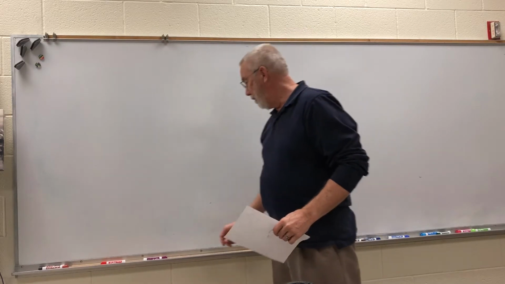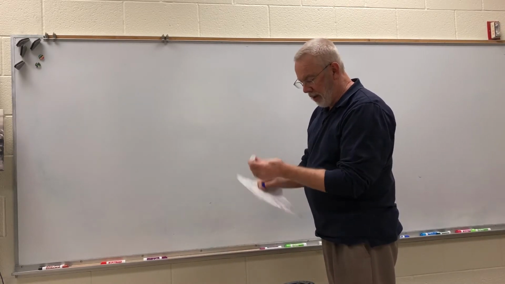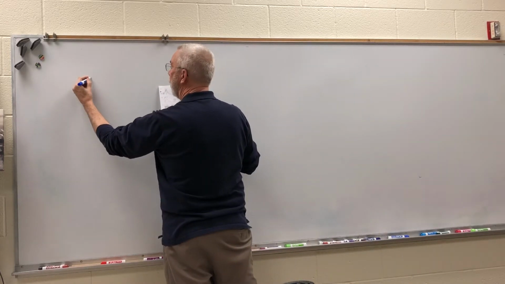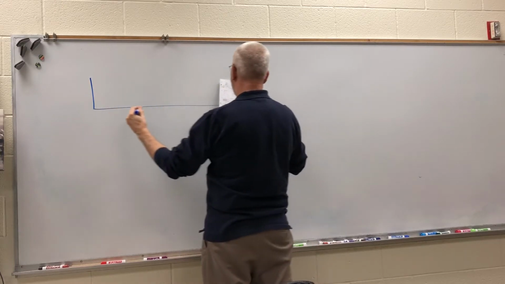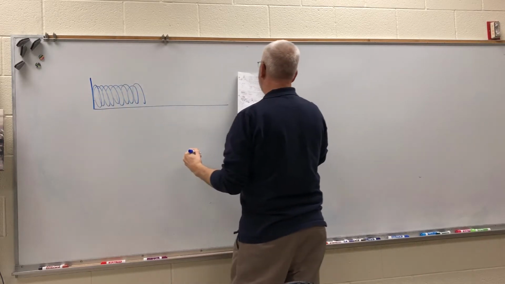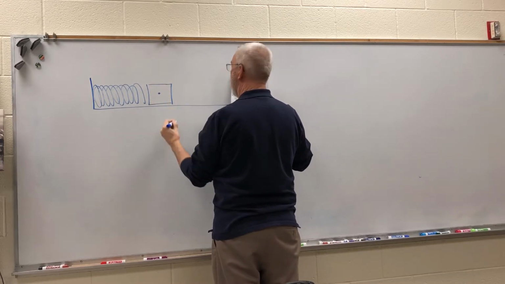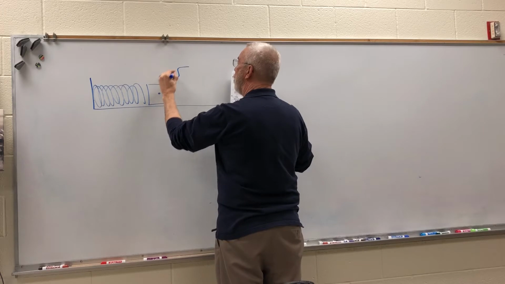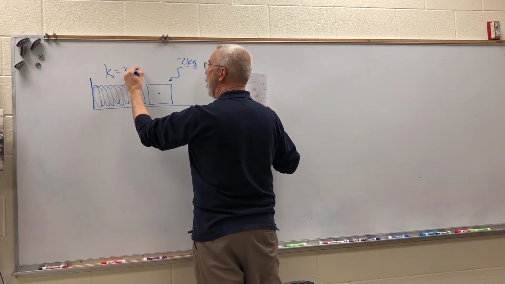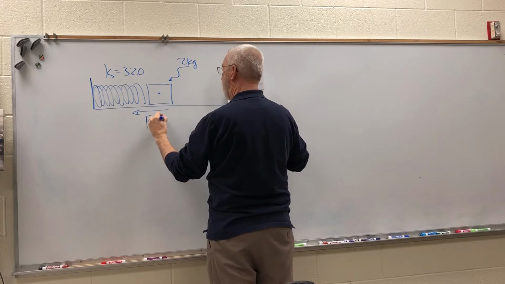So let's get started. Let's see here, we'll start with blue. Let's start with number 4. On number 4, they have a problem that starts out with a spring like this. It has a block that's being pushed against the spring, and it's a 2 kilogram block. The K value is 320, and the force exerted on the block is 80